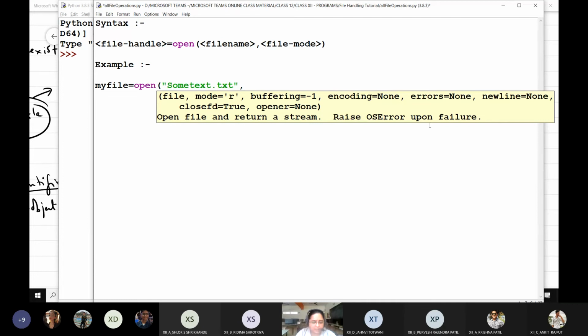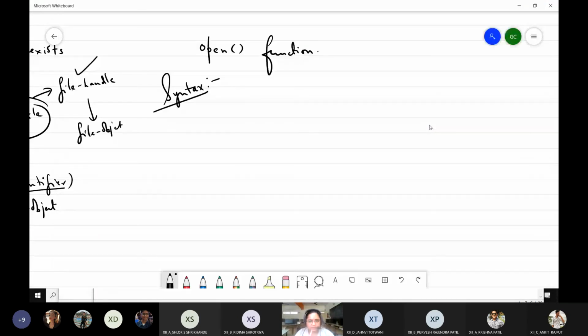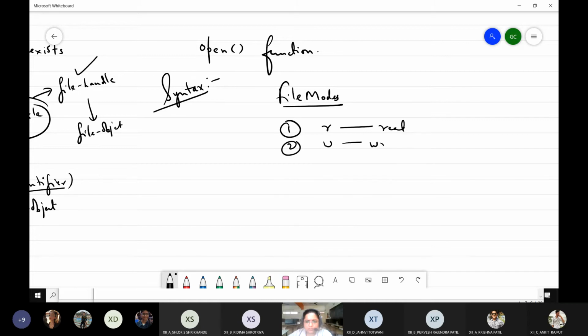Now, what are the file modes? There are many file modes here. You have to remember the basic three file modes first. Number one, R, which is for read. Number two, W, which is for write.